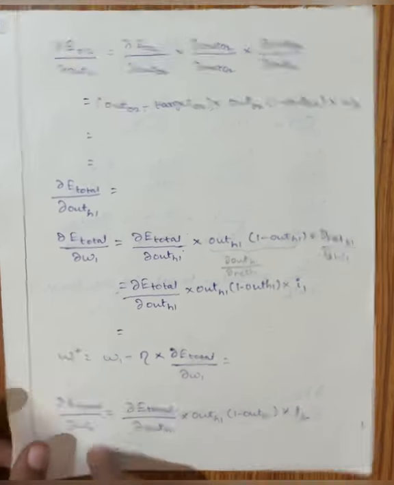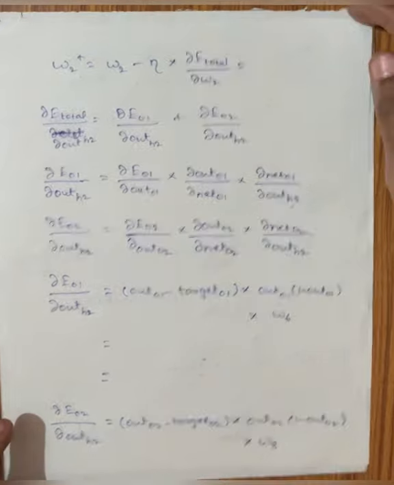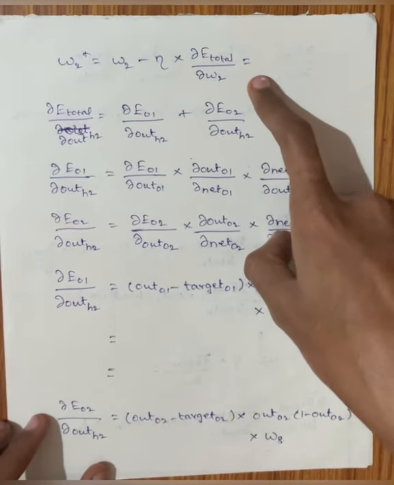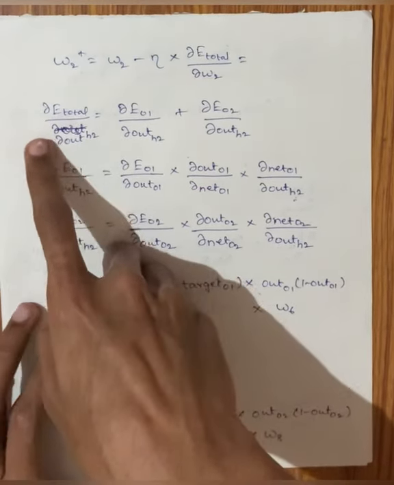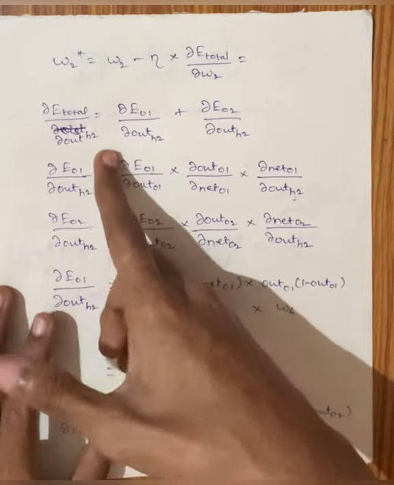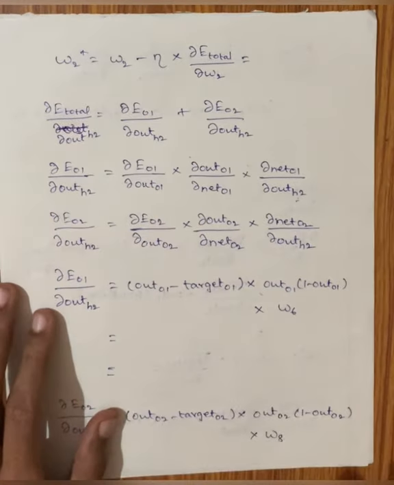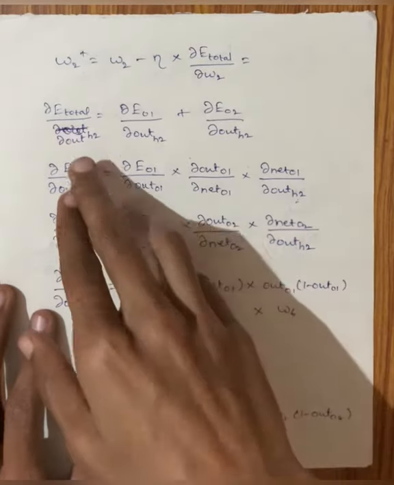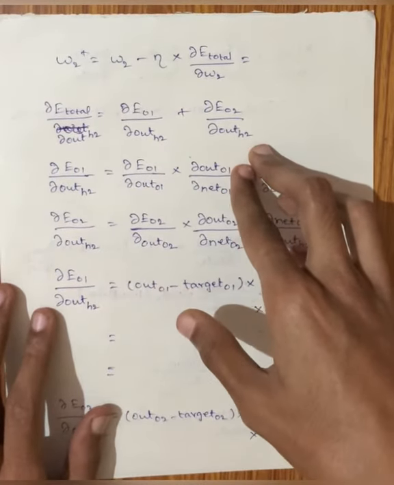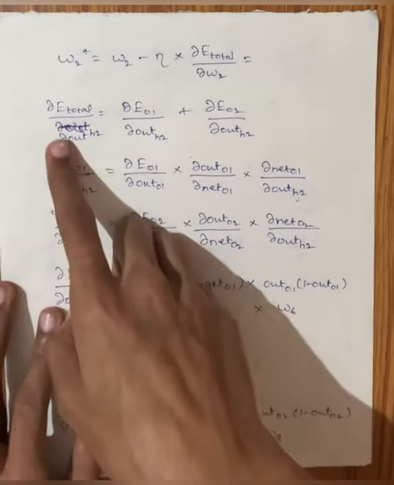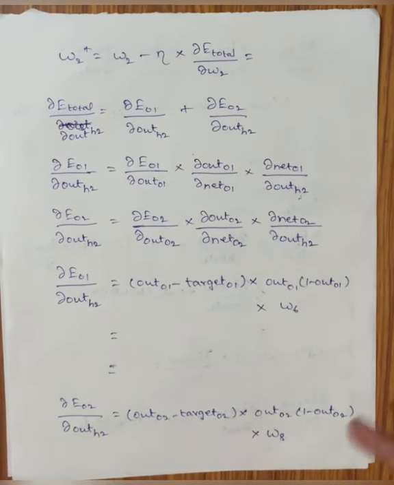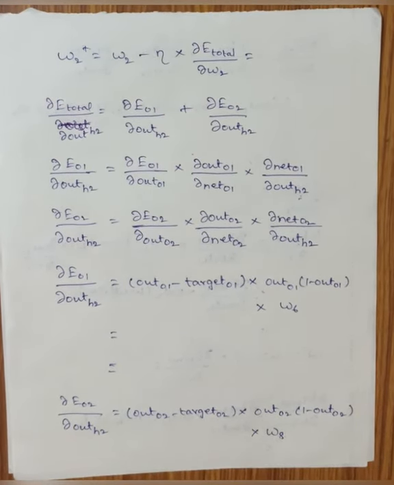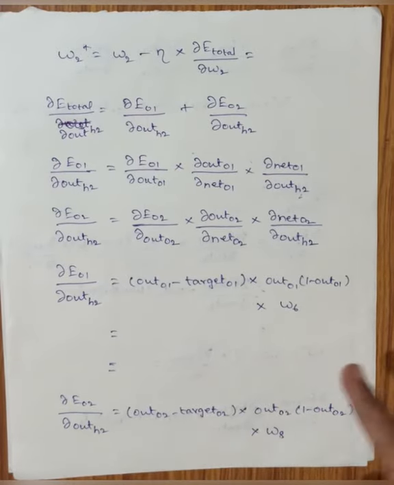And we will find the W2 weight. These will be the formulas. So for W1 and W2 we will have ∂E_total/∂out H1. For W3 and W4 we will find ∂E_total/∂out H2, because W1 and W2 are linked with out H1, the H1 hidden neuron, but the W3 and W4 weights are connected with the H2 input. So we will find ∂E_total/∂out H2 with E_O1 and E_O2. Same, we have derived the formulas. You can pause the video and take out the formulas, and substitute your values according to the problem.